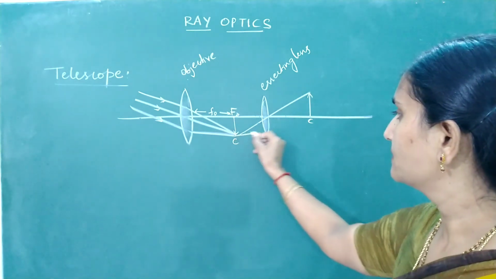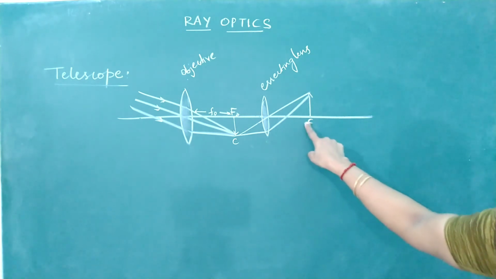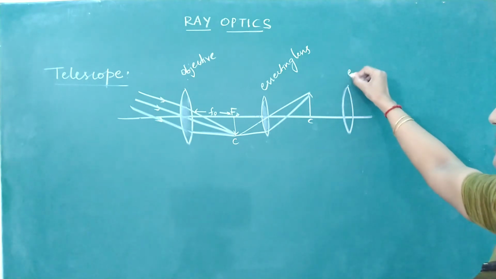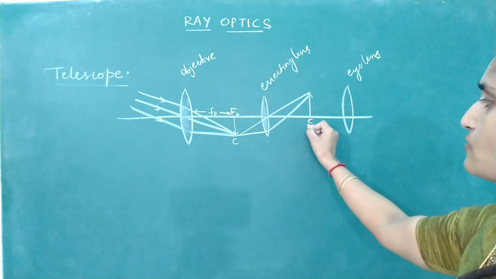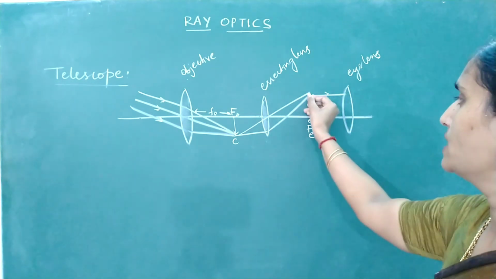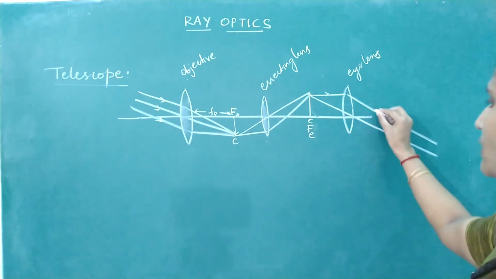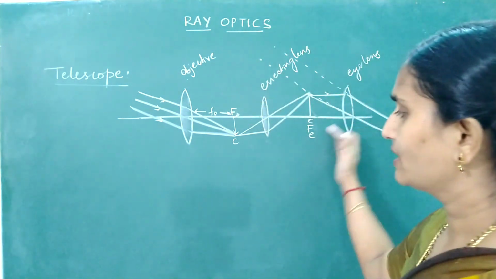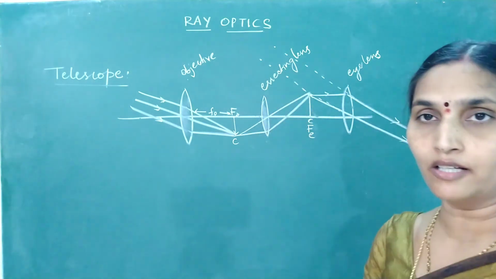Now this lens will give an image. This is the image. Followed by this we have our eye lens. The third lens is your eye lens. If this image is formed at the focus of the eye lens, where will the final image be? Infinity. Extend the rays backward. Now you can check. Previously we got an inverted image of the object. Now we are getting the erect image of that particular object.